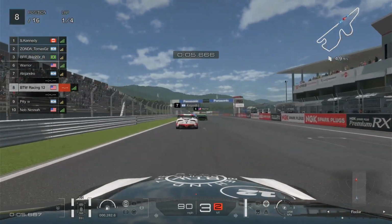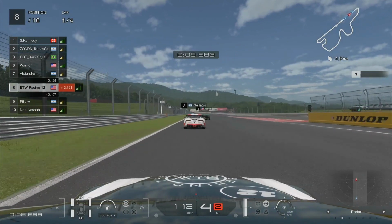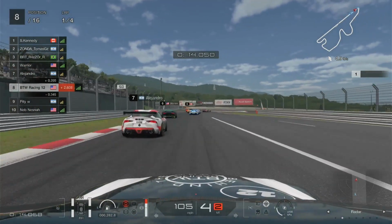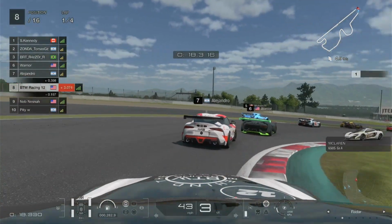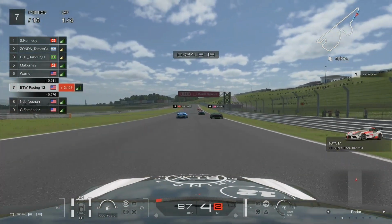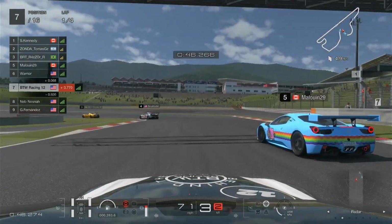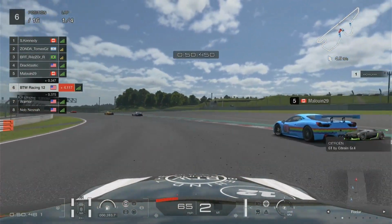So we're going to jump into the second race, still in the Supra. We are starting behind another Supra here, and I'm going to look up the inside here because I was hitting this corner pretty well. This first turn, I was doing very well with it, but I decided to play it safe. I'm glad I did, because if I dove inside, who knows where that Supra would have been, and they do it themselves anyways. Around a couple corners, I have this Citroen taken care of here, make a nice move,